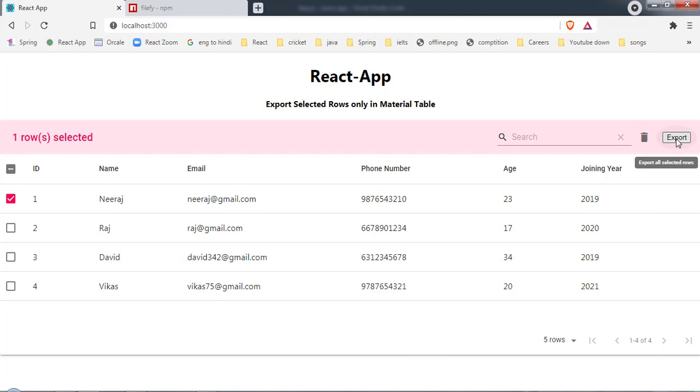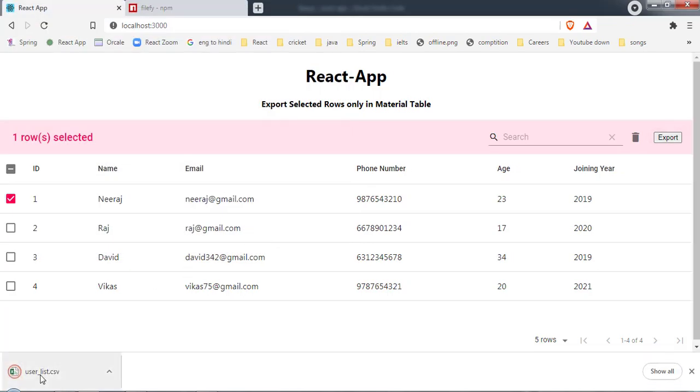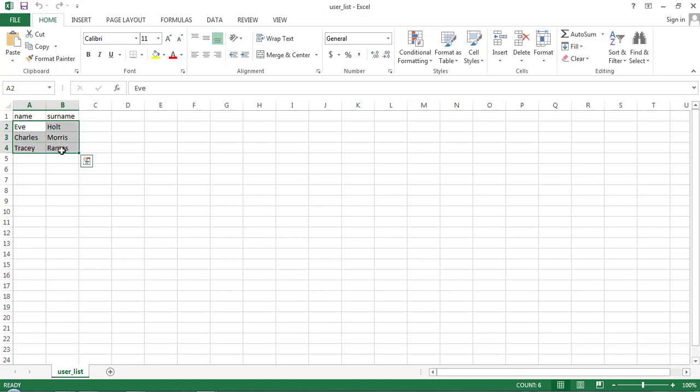On hover we are getting export all selected row, and here is the button. So let me click on this. Okay, and as you can see it has opened user list. So now save it and let's open this. Here you can see we have the title, name and surname, and here we have the remaining data.